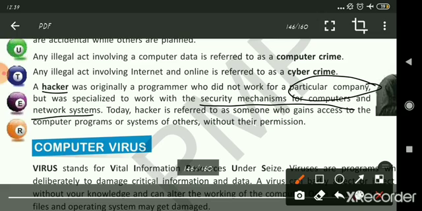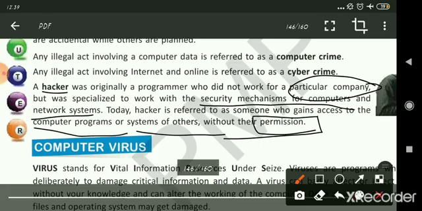Hacker is referred to as someone who gains access to the computer programs or systems of others without their permission. Hackers are the persons who steal and gain access to the computer programs and systems of others without their permission and can destroy your data and information with the help of online activities, online network. Hope it is clear to you.